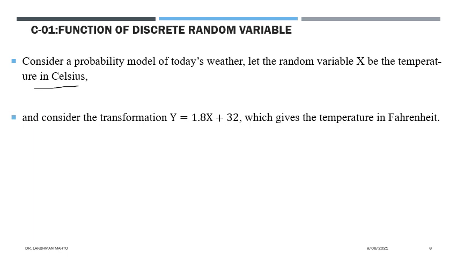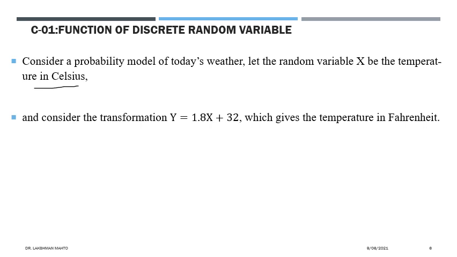This is where a function of a random variable comes in. We may want to convert that measurement in Celsius into Fahrenheit. You might be aware of those two units of temperature, Celsius and Fahrenheit. Generally, people say that if someone has a fever, the reading is 100 or 102 or something like that. Those are actually in Fahrenheit. If you convert the same thing to Celsius, it would be around 35 something.